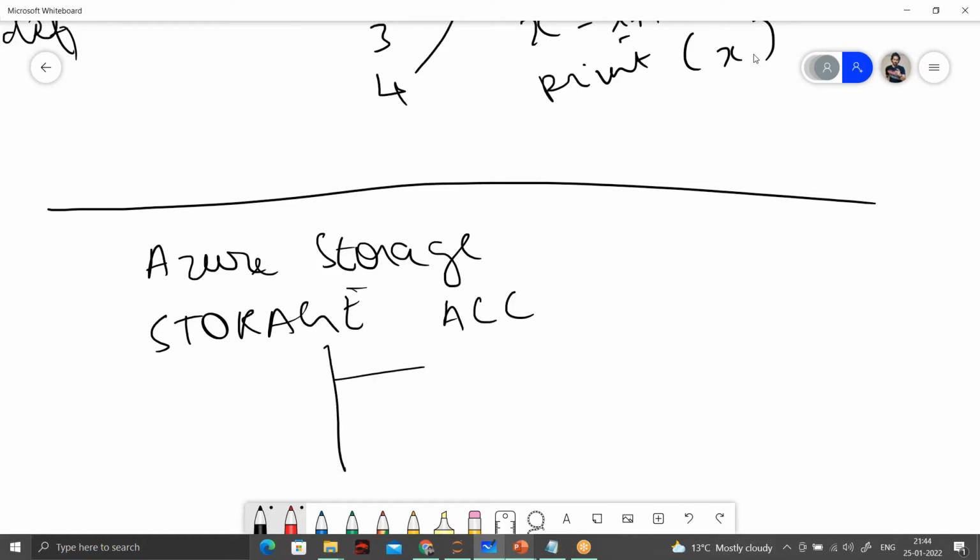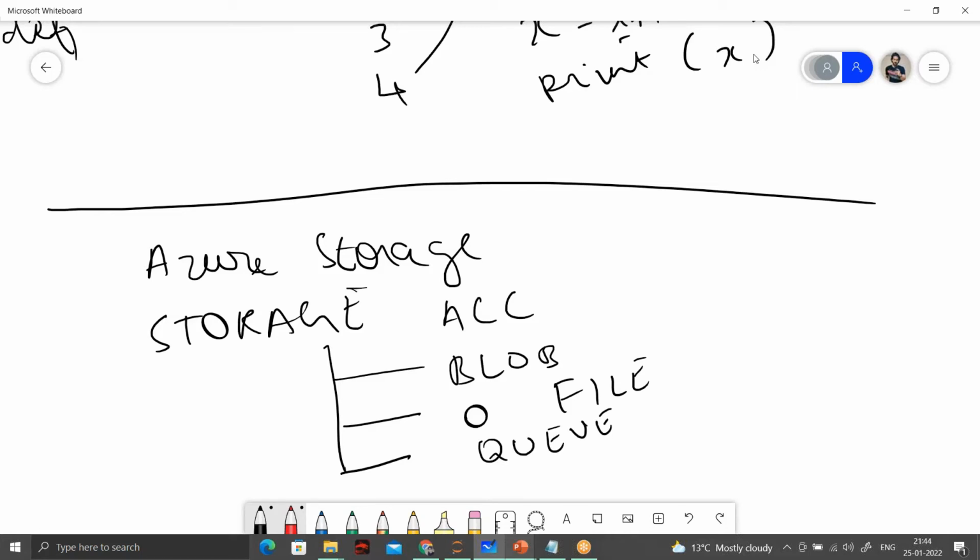You will have blob storage, and file storage also, like your file shares. There is one more storage. It's not part of your AZ-900, but queue storage, like creating queues.